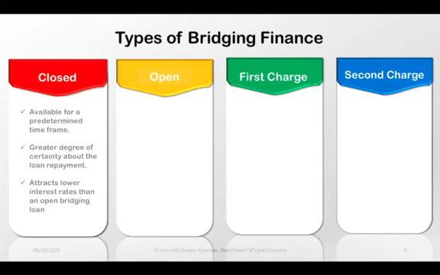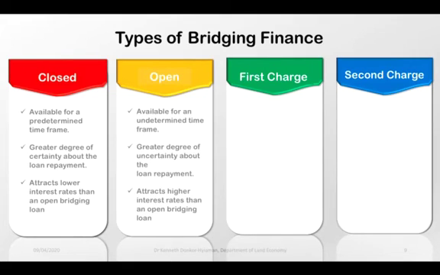So closed bridging finance is available for a predetermined time frame. It has a greater degree of certainty about the loan repayment, and it attracts lower interest rates than an open bridging finance. The 3 characteristics you need to look out for when you are looking at open bridging finance are: